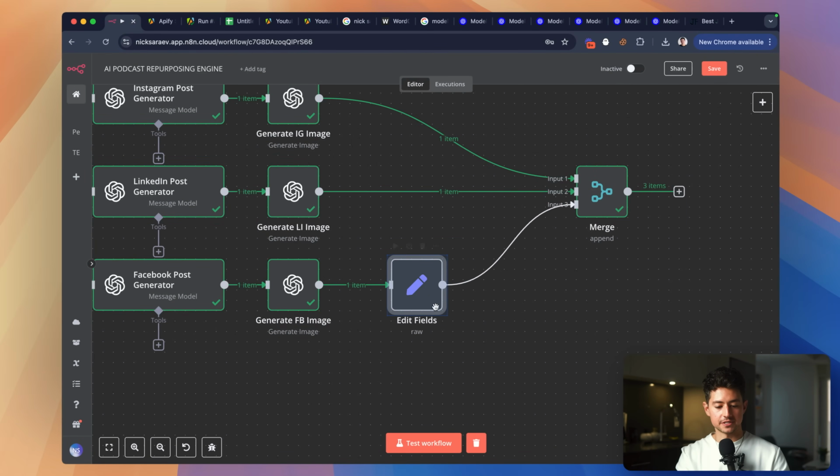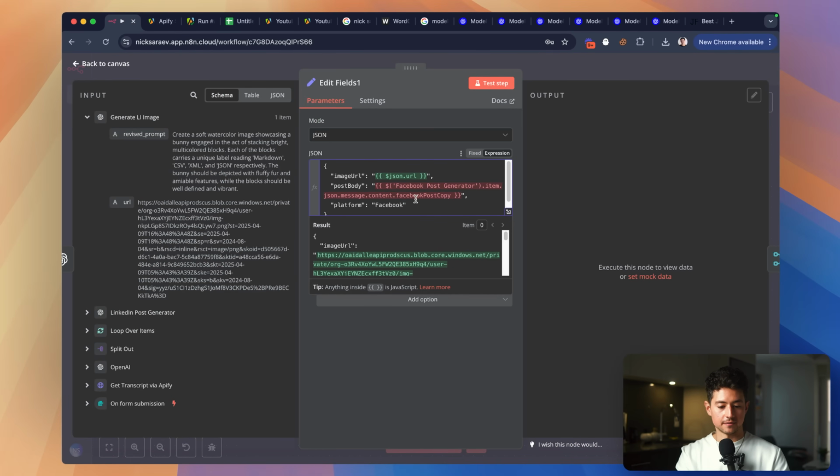Well, I guess I can't copy just yet. I have to copy the whole node. Then right over here, I'm just going to delete this, and then I'll connect this to my edit fields. Then now what I'll have is, I just deactivated that, but it's okay. We're going to go platform